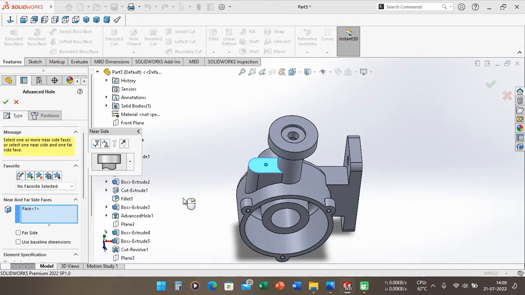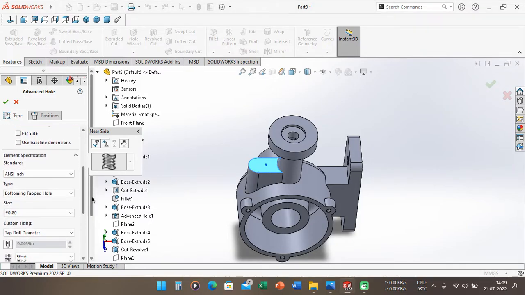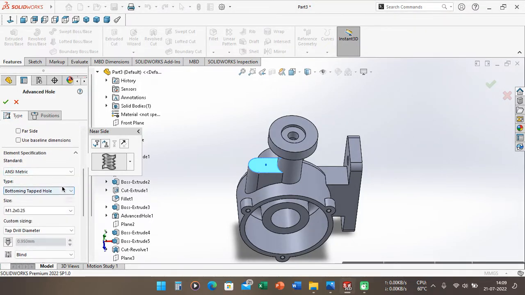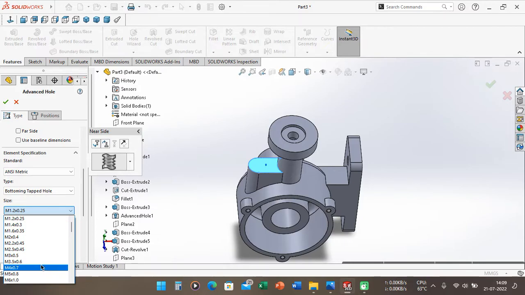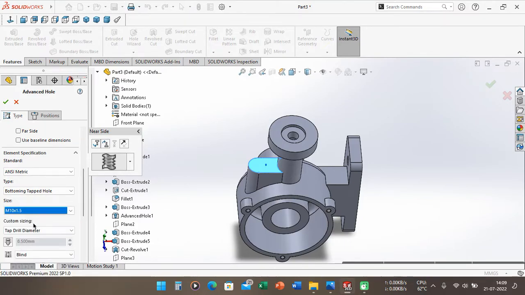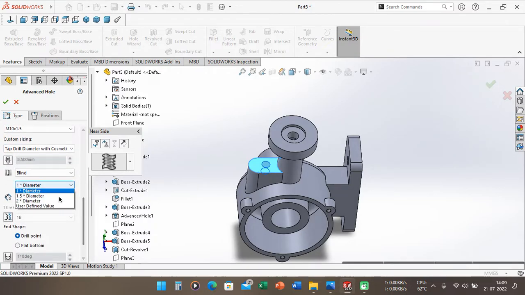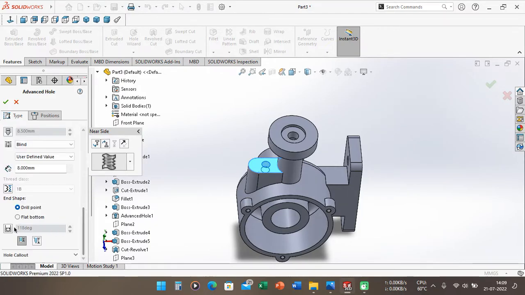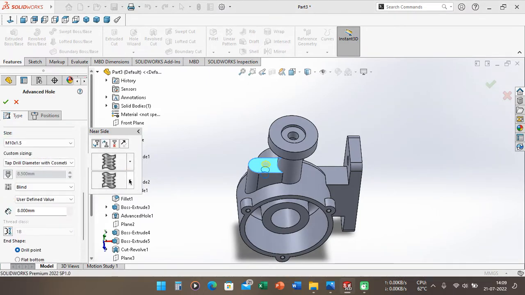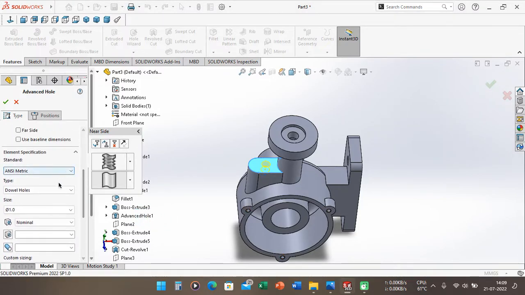We can just do thread tab, bottoming tab hole, and then M10 1.5. 8mm, and I activate this section, and choose the hole tab here, and we can choose the drill size.